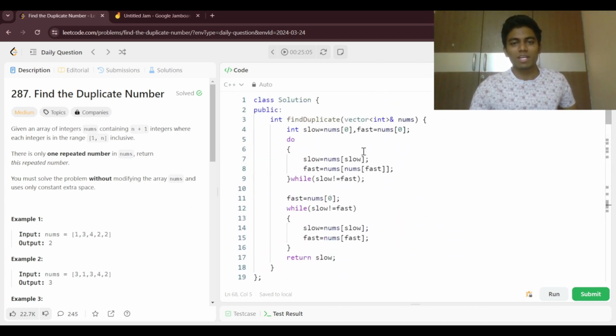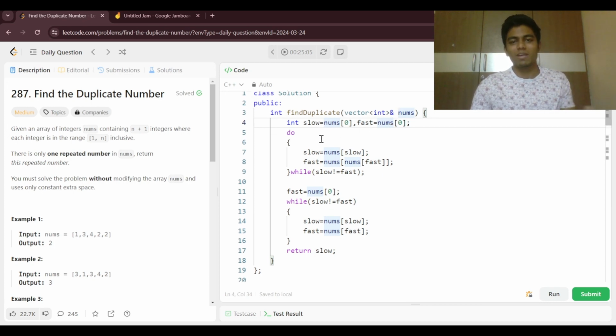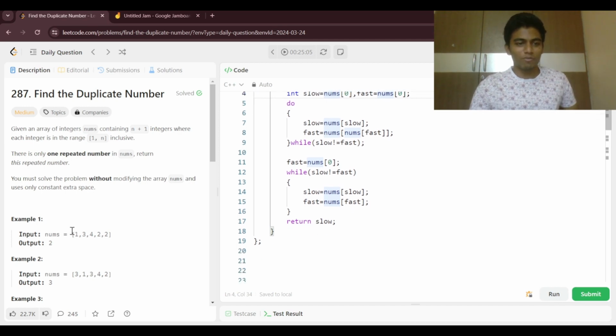Suppose let's say we are taking with the linked list where we have slow and then fast pointer. So here we are going to use the do while. So if we use while operation, we cannot write the condition. Why? Because slow and then fast is going to be the same. Suppose you might think that we can give nums of the fast as nums of 0. Then if we give that particular solution, there can be one case. Suppose if we take this particular case, then